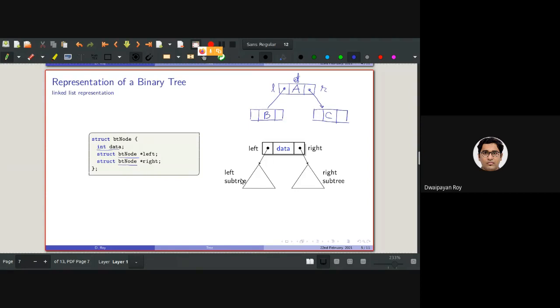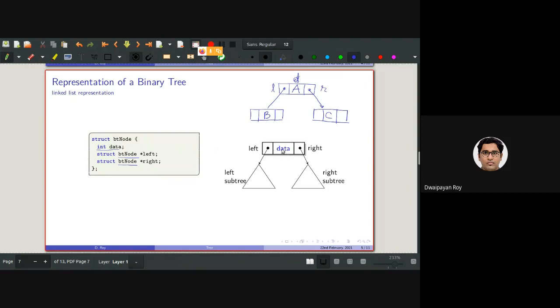This is pictorially presented here as well. After declaring one object, it will create one memory location like this, where there is one data part which stores the actual data that I want to store in the binary tree.